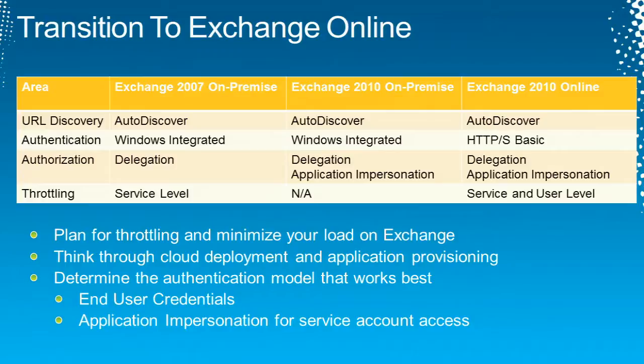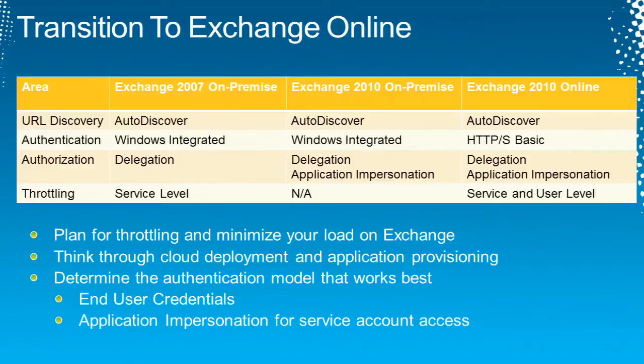Plan for throttling. Think about how your applications are going to access Exchange. Obviously, when you bring a client up and you're going to do a full client download, you're not going to be able to download a 5 gig mailbox in 2 minutes, serializing or parallelizing 100 different requests against Exchange. So just think about the load on Exchange